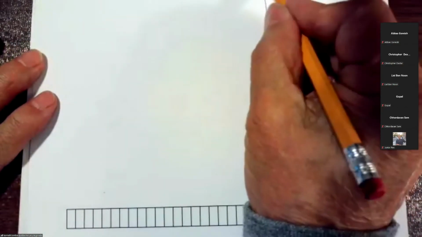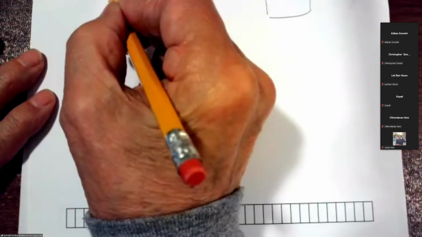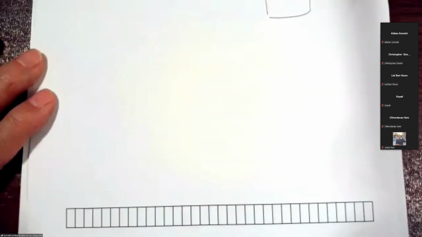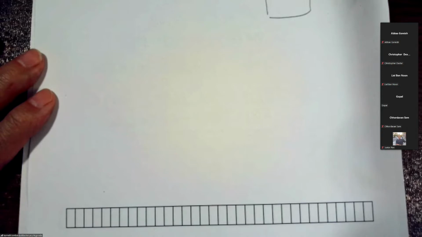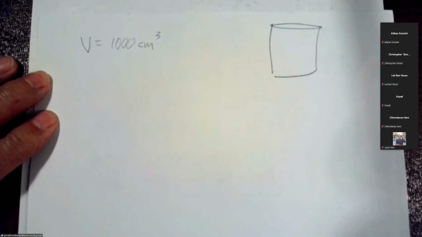We have a cylinder, looks like this. And it has a volume of 1,000 cubic centimeters. Professor, I can't see your paper. Will you mind moving? Okay, and